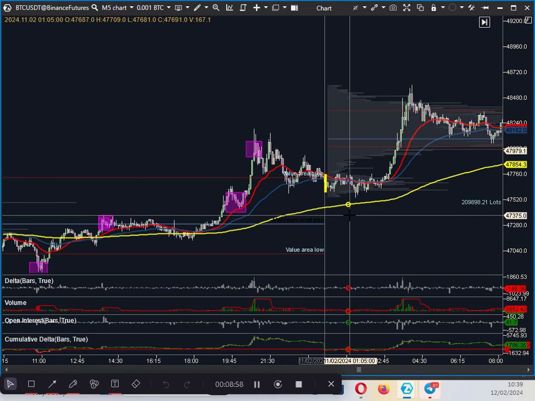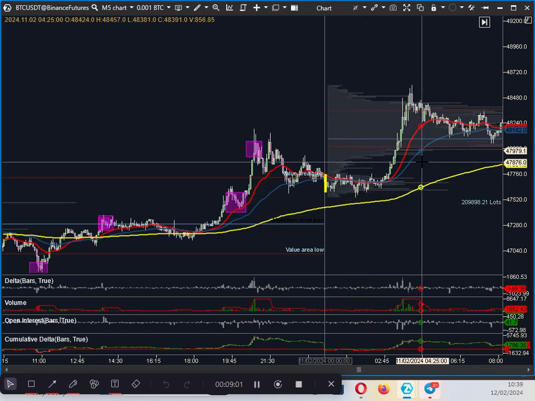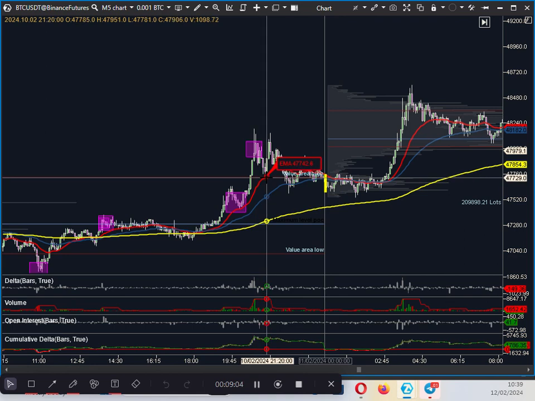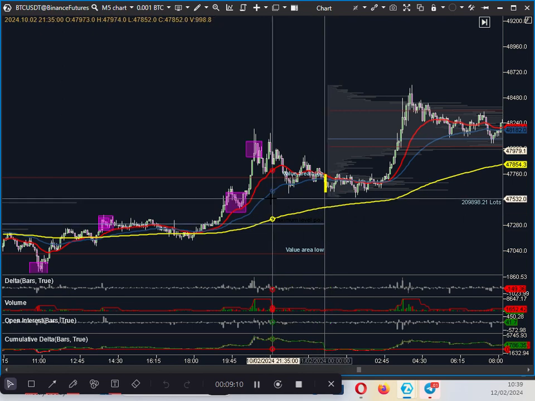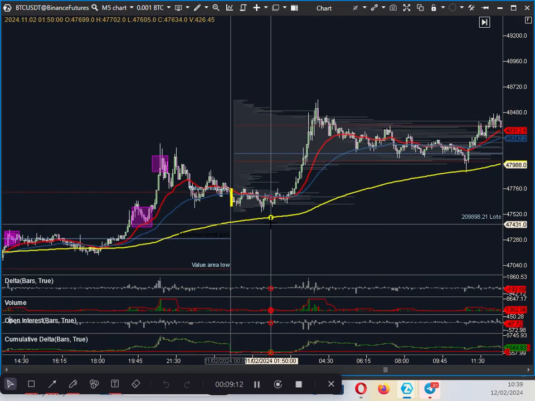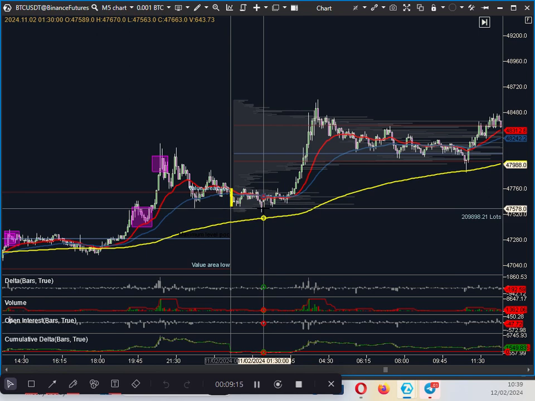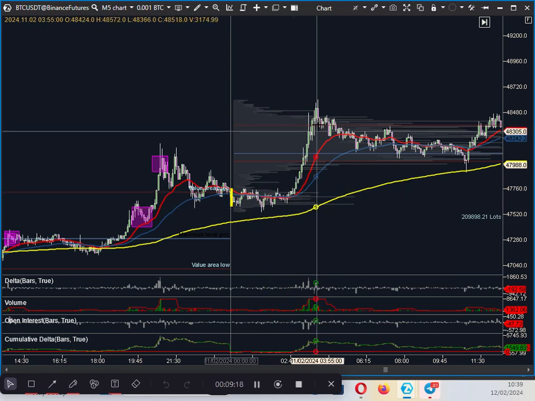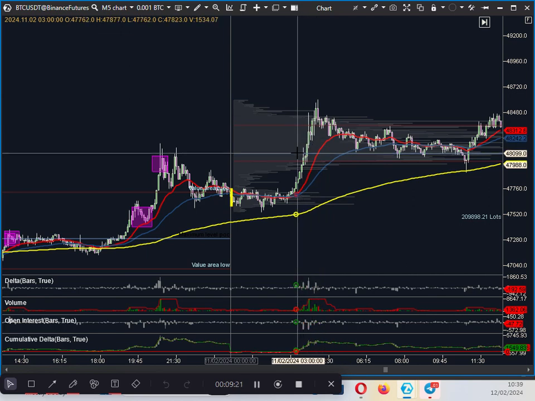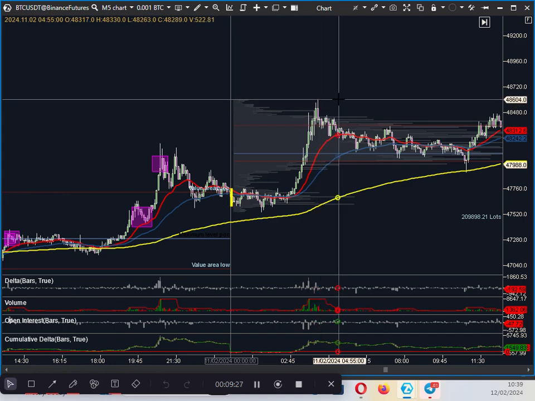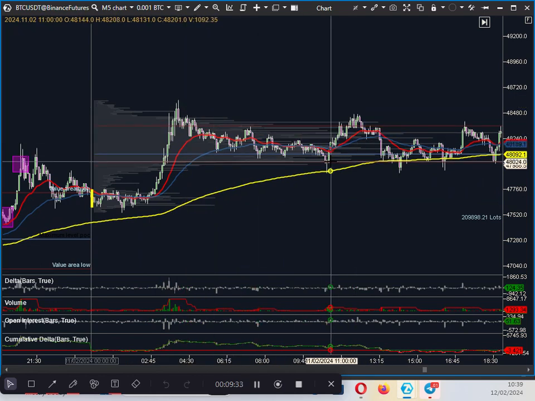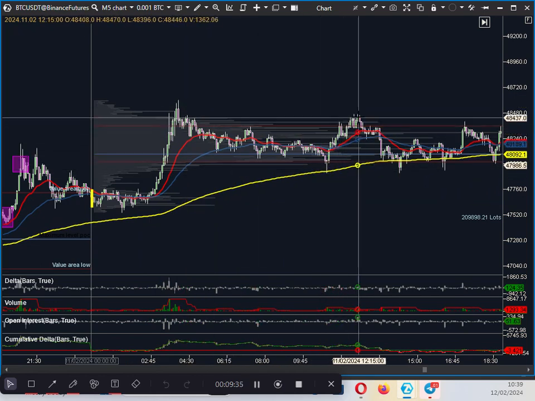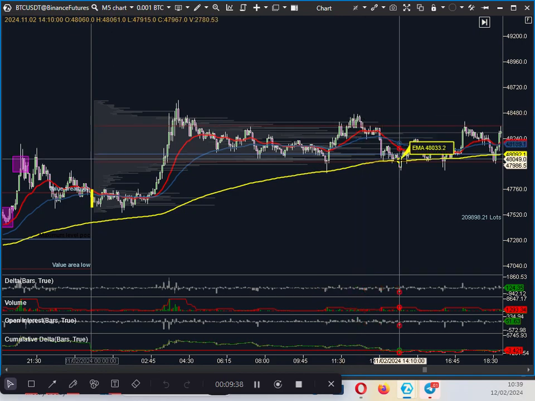The next day it started to trade below the value area again, which is at the value area high of the previous day. It never came back to the POC. So there's a high probability, because it started trading down at the value area low, the next day it took off to reach the next day's point of control. And then it went all the way up above the value area high, traded above that, came back down to the POC, back down into the value area low, traded back up to the value area high, back down to the POC to the value area low,